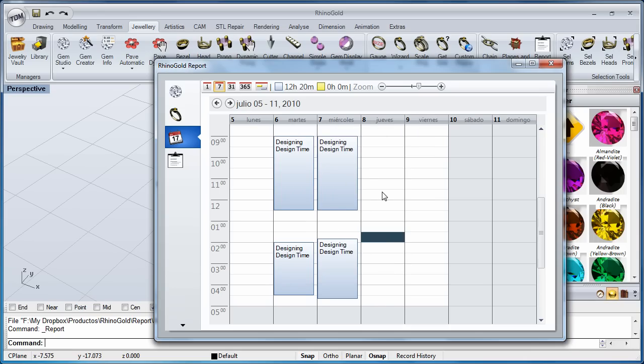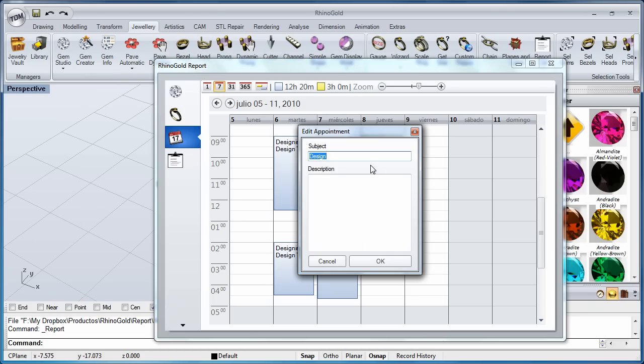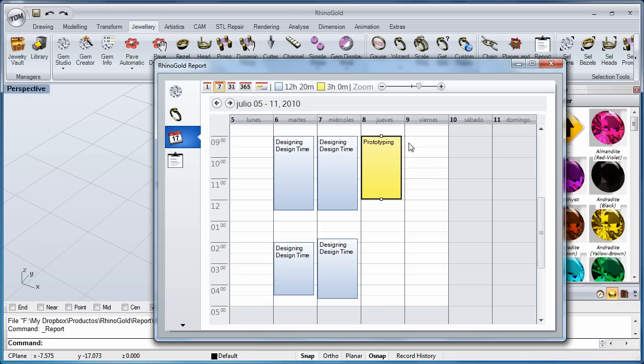Another interesting thing is we can control the manufacturing process here too. For example, now we invest this time. Now I will add a new one. I can double click and automatically modify it and apply another color for manufacturing. For example, I want to select this color and I want to define this as prototyping. Then I will start the prototyping on the 8th. Also I can modify